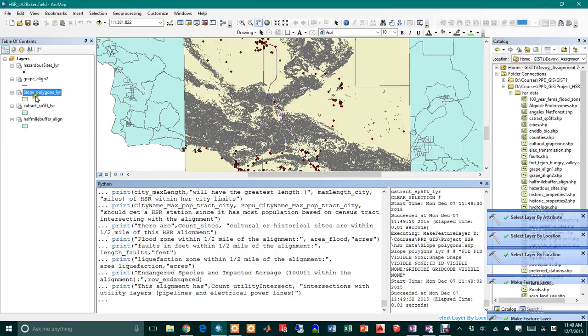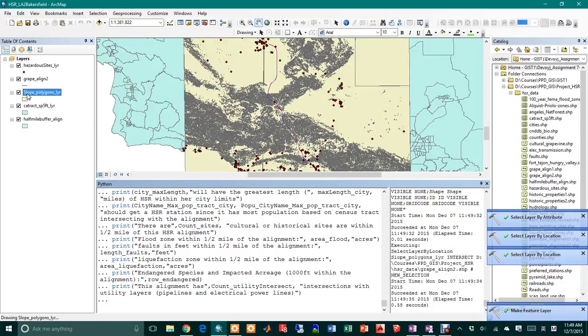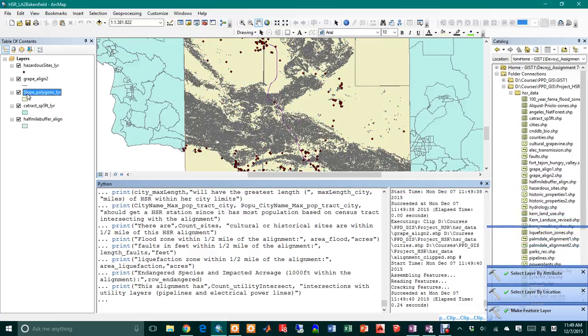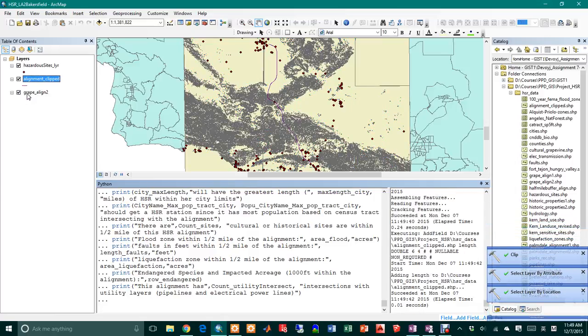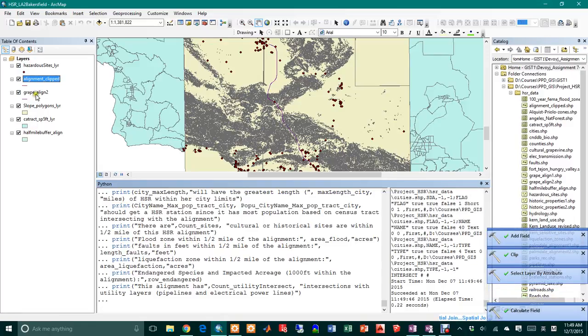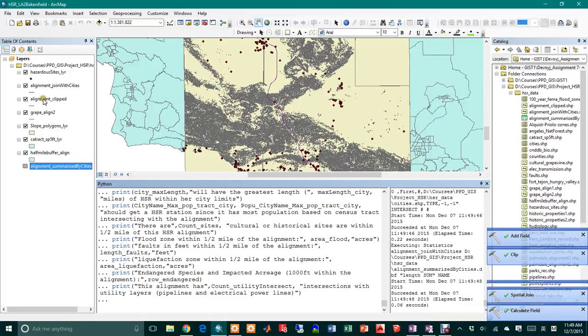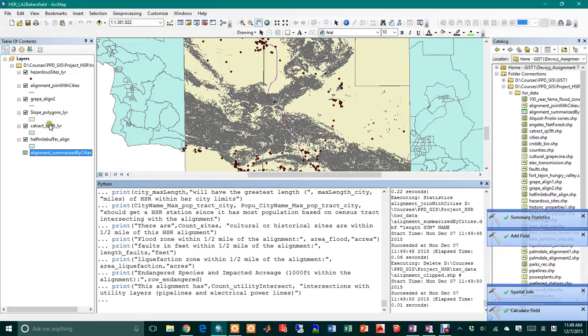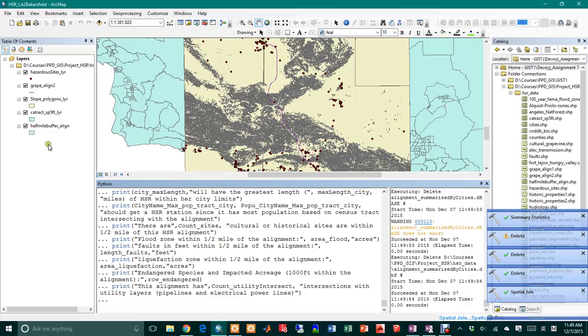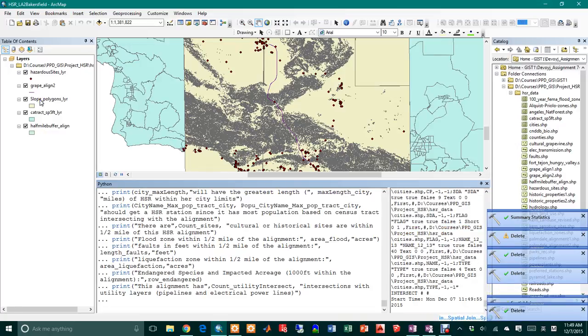Once it's done, it starts loading the slope layer to calculate the number of slope polygons that have a value of 2 intersecting the alignment. And then after this process is done, it automatically deletes the layer and the dbase table, and then